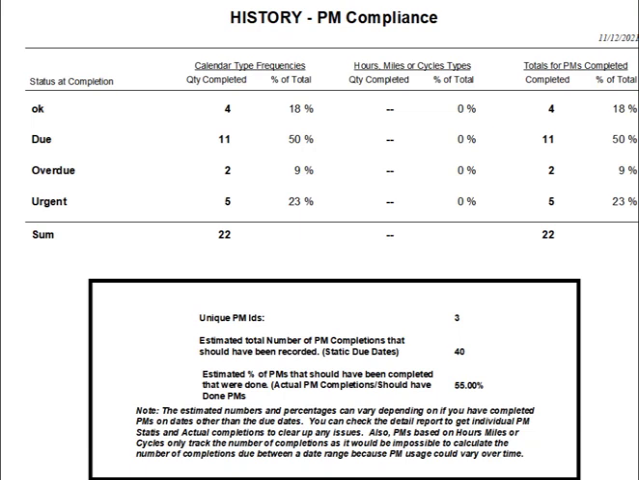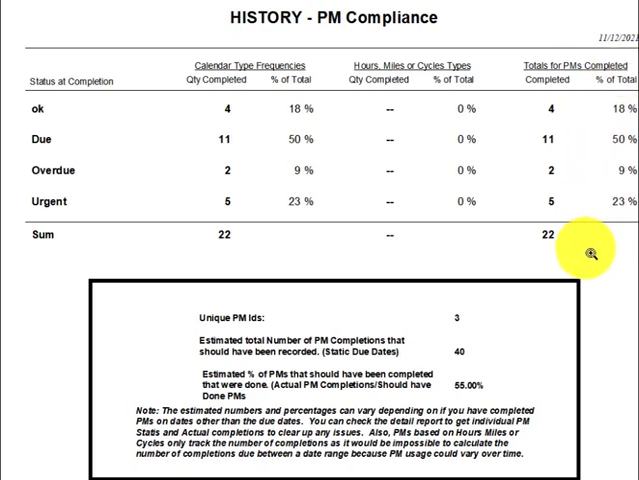And for our history compliance, now it's broken down to show us how many PMs we did when it was okay, how many were due, how many were overdue, how many were urgent, and the total of all of those, and the percentage. Now, if there's PMs that are hours, miles, or cycles, they would show up here and then give you the grand total of all the PMs, hours, miles, cycles,